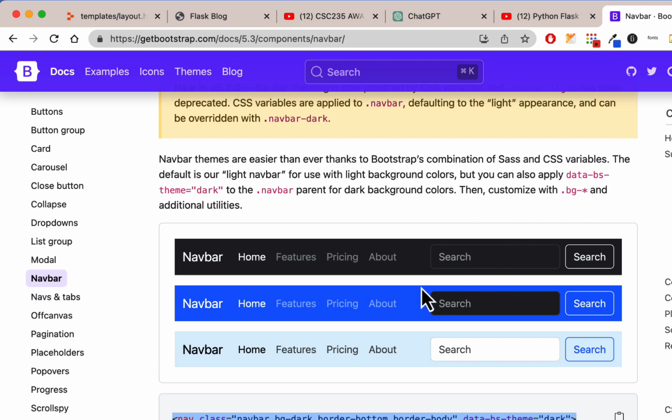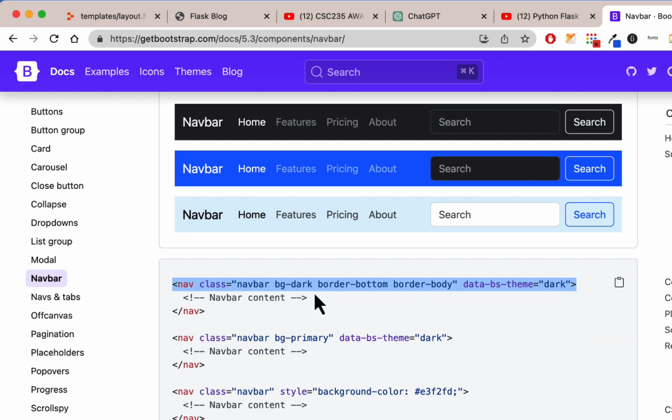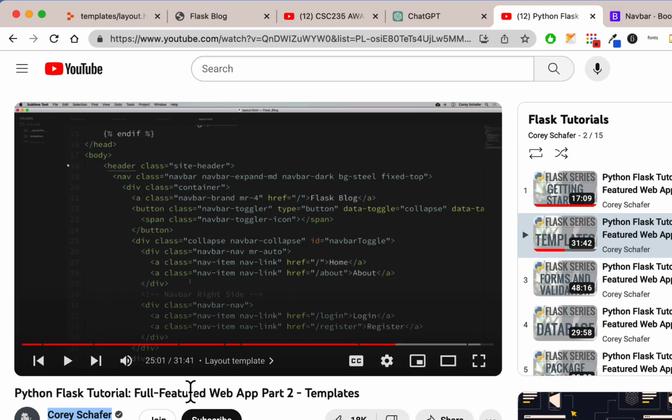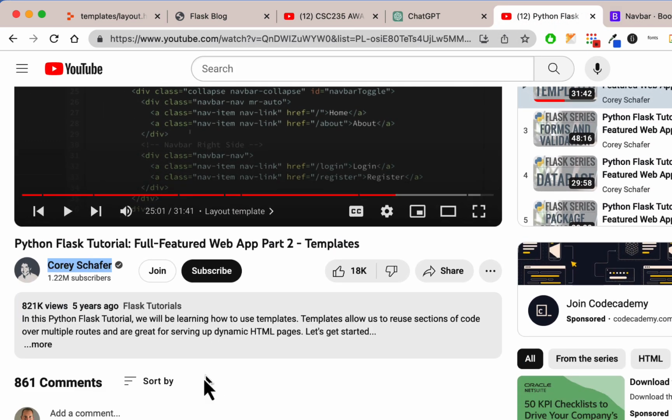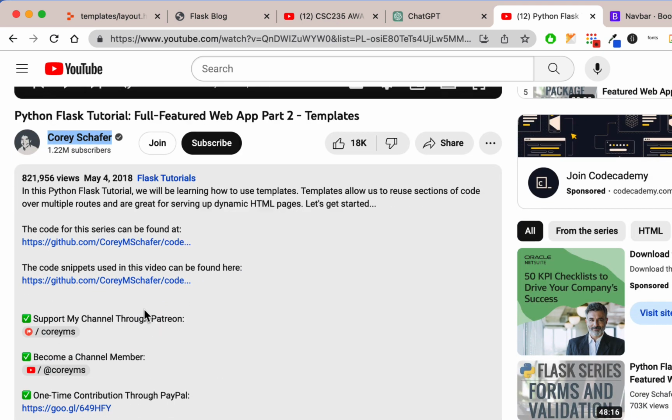I don't think this stuff is easy because everything looks the same and you don't know if this is repeated or not. And it doesn't give you a way to really just copy and paste things in. Now, if you want to try some other things, I'm not going to do this, but what you can do is go to Corey's video, and if you go to more, he has a GitHub with all the code,